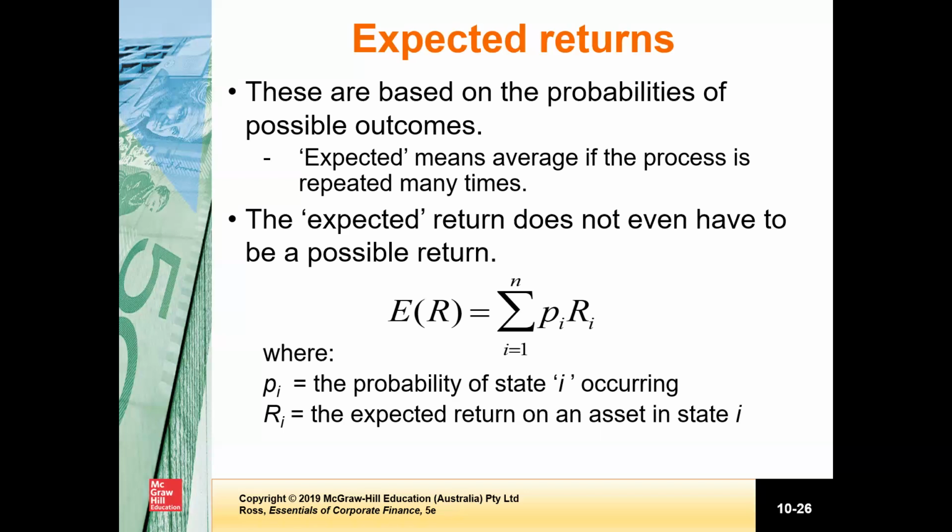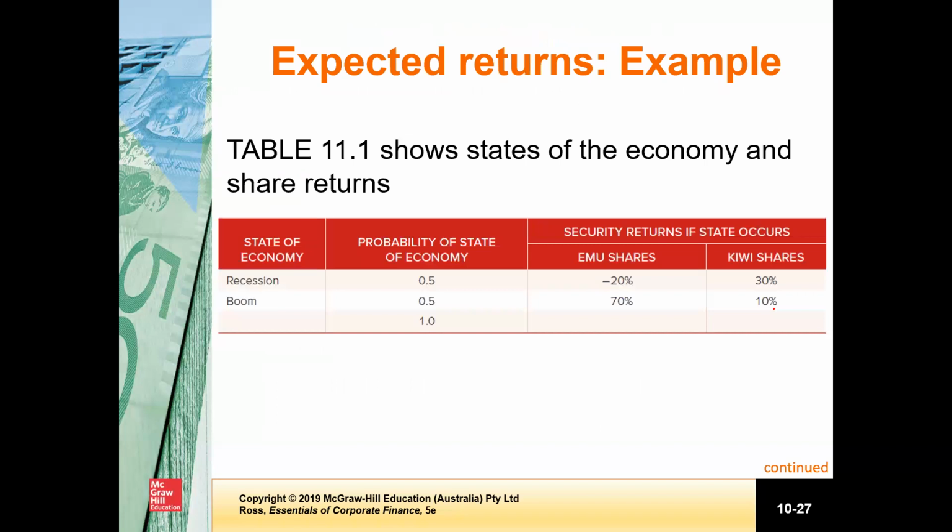Now, we can explain this situation in the following table, okay? So look that the recession and boom has a 50-50 chance, okay? Emo's return will range from minus 20% to plus 70% in these two situations, and QE's is positive 30% to positive 10%,